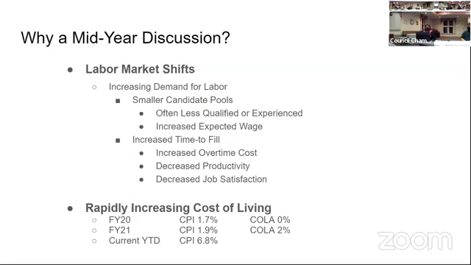That is increasing our overtime costs. We're seeing that significantly in public safety, which we talked about the last time we had a discussion. It's also decreasing productivity. I'm going to talk a little bit more about that. But having less people in a department means that you have less hours to be able to devote to things. And it's decreasing job satisfaction. One of the things we're seeing in the labor pool is a desire to really find that work-life balance. And we're seeing that in Orono, just as they talk about that as a national trend,